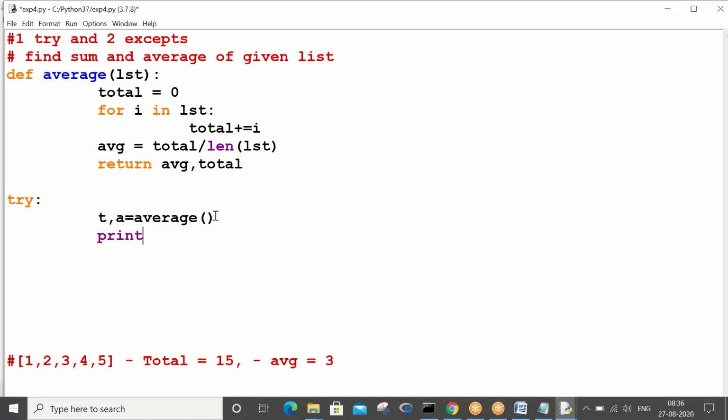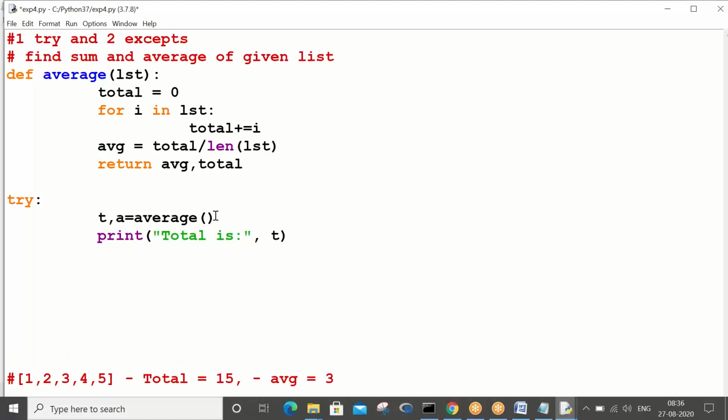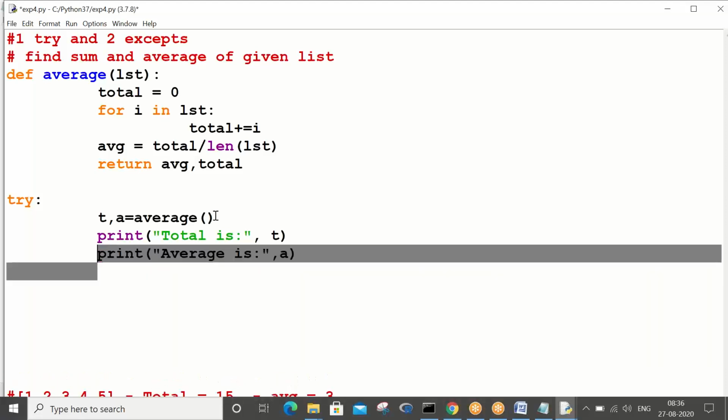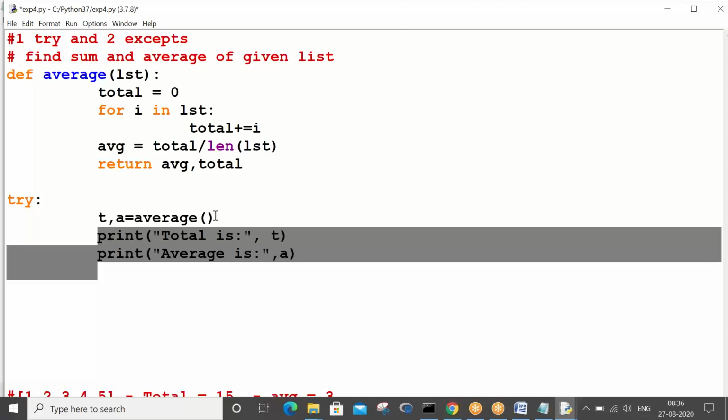Print total is, total. Actually these two statements we can also write in the else block.